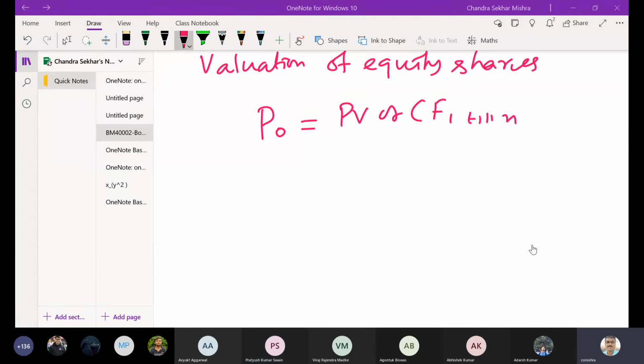Equity shares. Do you have a term that yes, you will be getting the money back after some point of time? Equity share. Is it given there? We have discussed that when the company issues equity shares, it will also say that you will get the money back after a certain point of time? No, sir. That means there is no maturity amount there. If you want to exit, you can exit in the market. You can sell to someone else, right? If the company is dissolved, then he might. That is okay, but we are not talking about that. If it is dissolved, you may not get anything also.